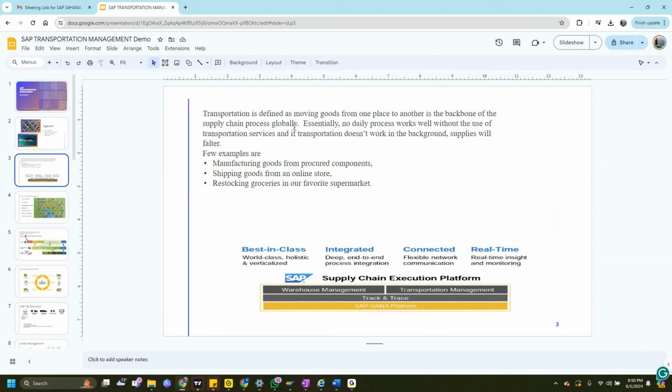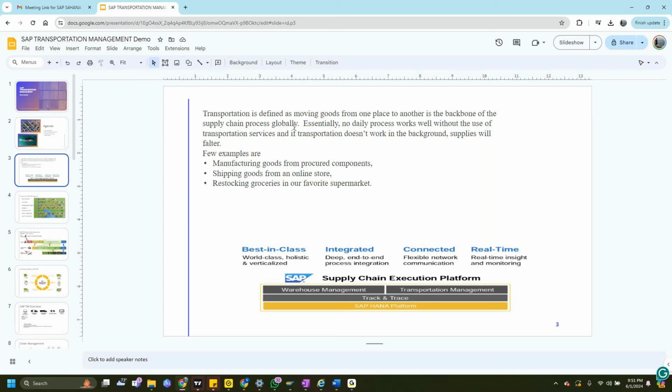Because if you are a premium supplier, or a premium product manufacturer, the customers or the vendors heavily depend on the timeline. So it is very important, in order to deliver a shipment to a particular customer or bring back a shipment for a vendor, that we have transportation management in scope and it works efficiently. That's a key concept. That is the entire backbone of the supply chain industry, and that's why TMS is booming right now.